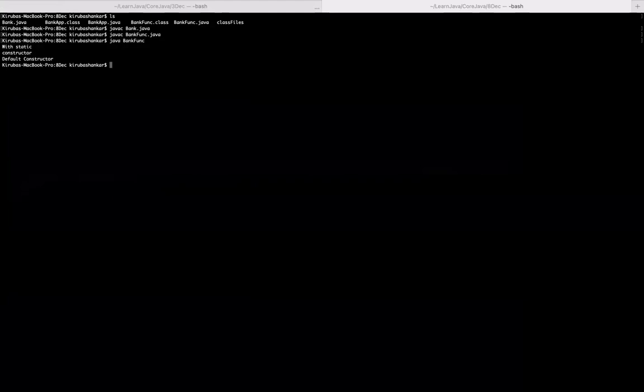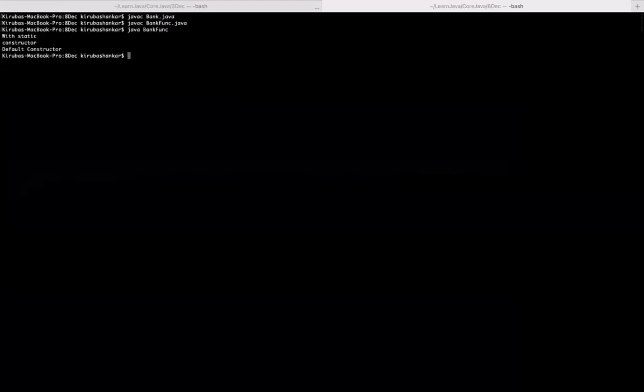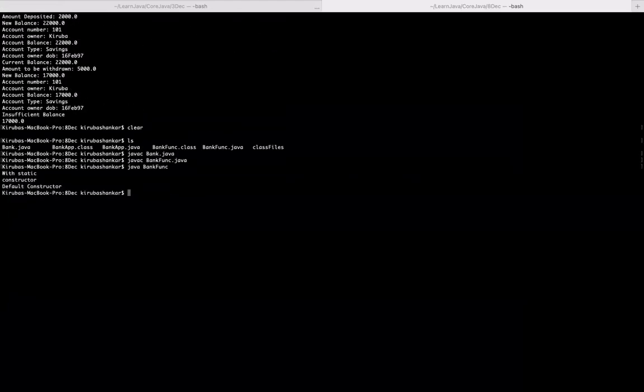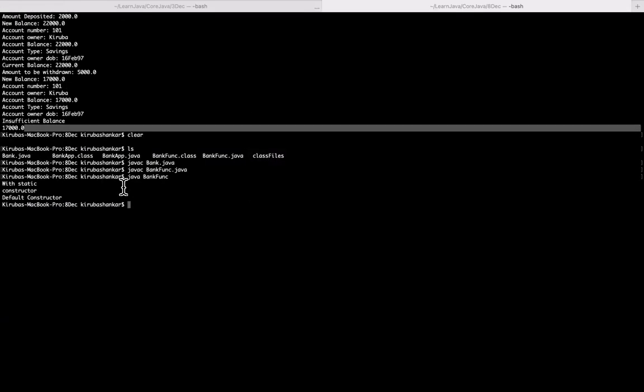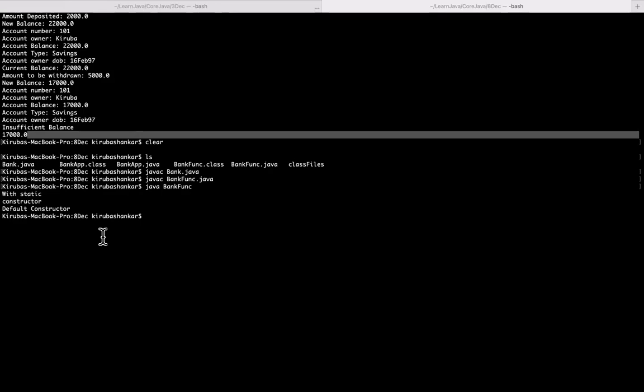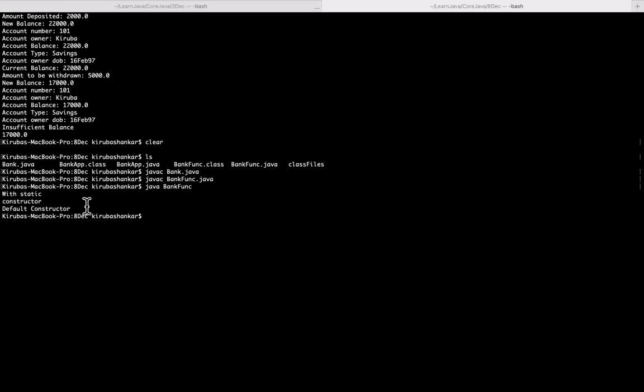So which one got executed first? The order of execution, right? The first one you can observe is the static. The second one is your constructor. The third one is your default constructor. The parameterized constructor is not invoked, since the object with parameters hasn't been used. So about the order of execution, can you go to the code base now, Kirba?